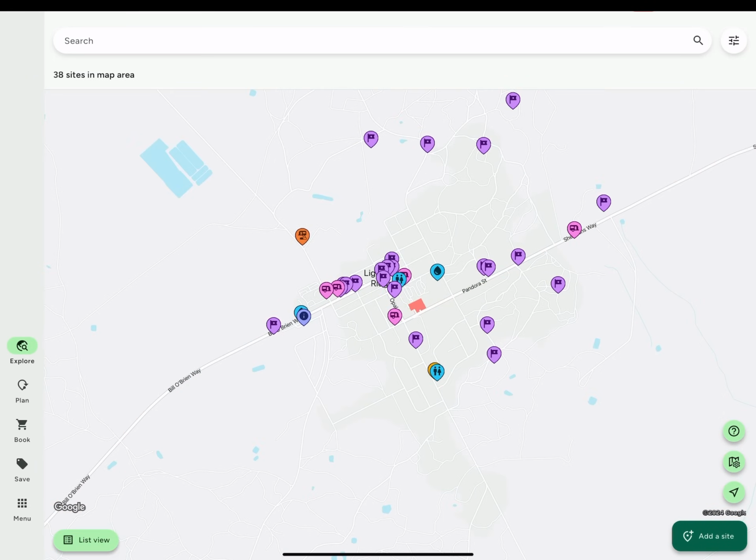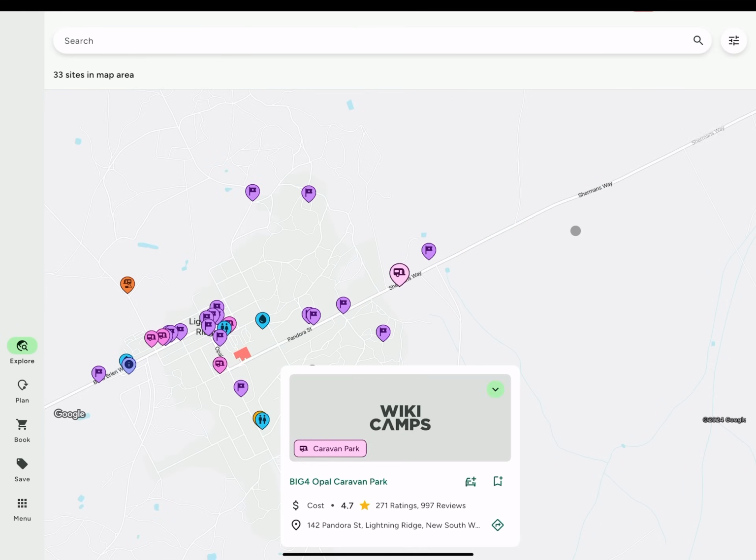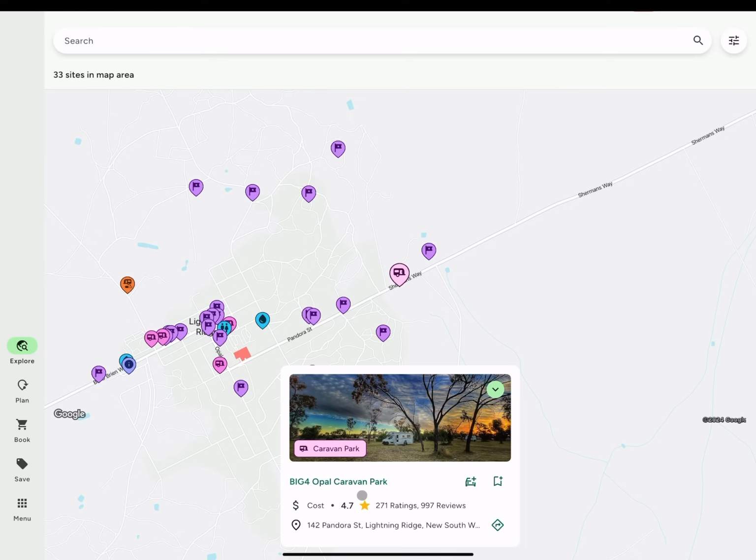Okay, so that's interesting. Maybe it's just that I chose Lightning Ridge, but it didn't take me to the centre of Lightning Ridge, that's for sure. But now I've found Lightning Ridge, I'd like to go there. So what's this Caravan Park? Big 4, okay, I'm a member of Big 4, that's great. It's 4.7,